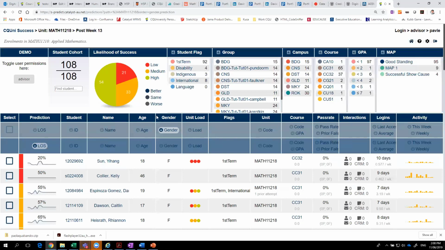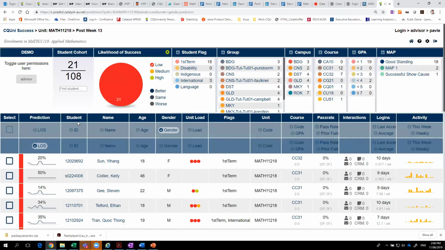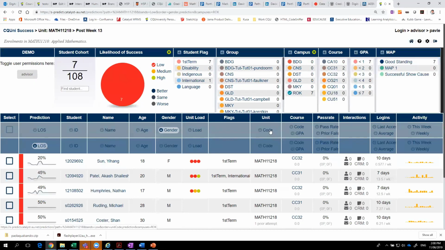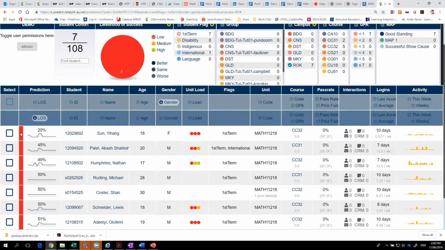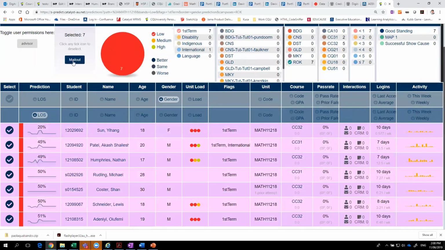So if for some reason I'm in charge of looking at people who have a low likelihood of success, who happen to be on the Rockhampton campus and also happen to be in their first term, then I can select all of them and send them a message or a nudge.